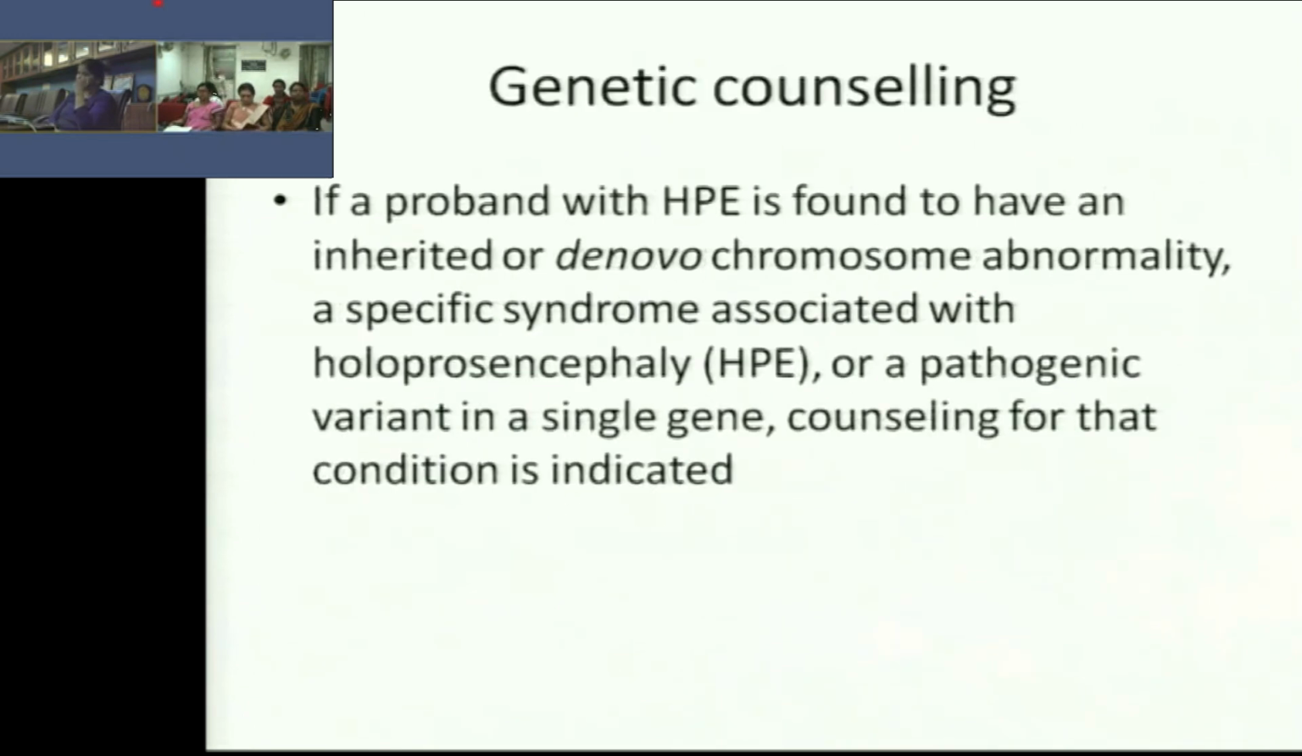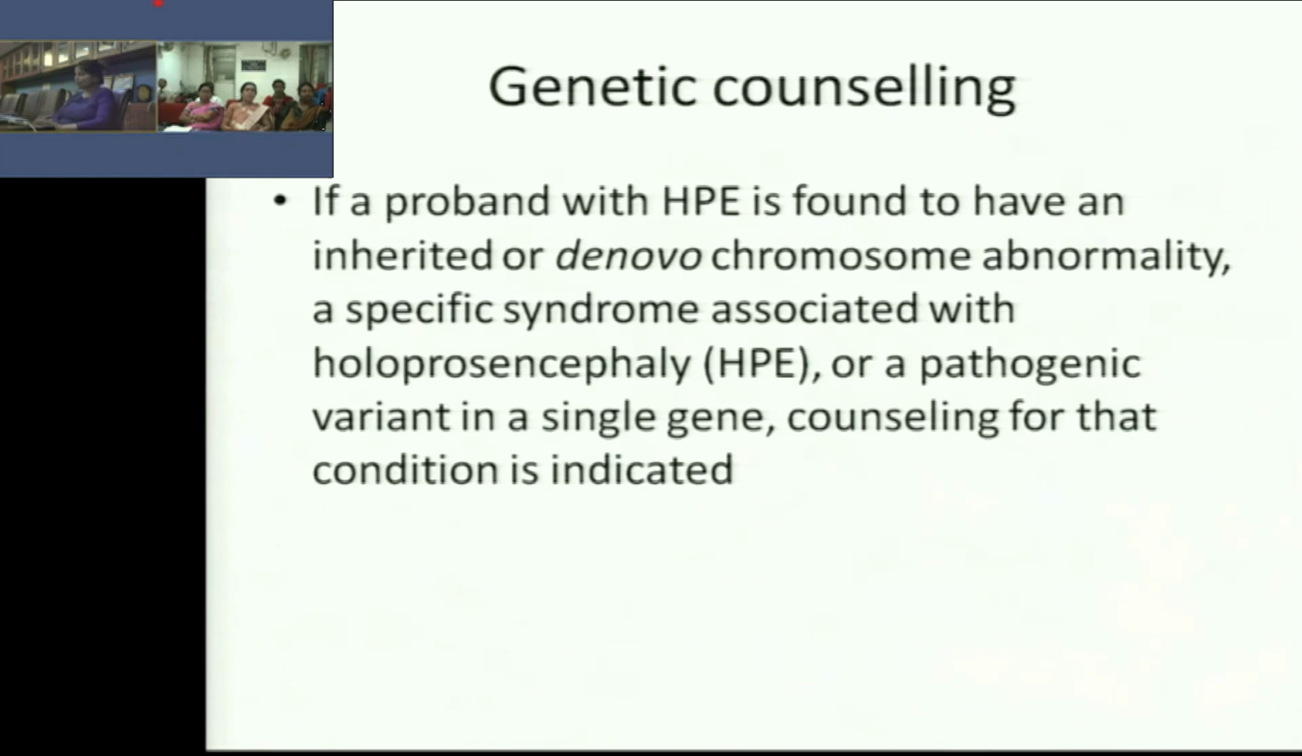So, coming to genetic counseling. It will be a little difficult because there are multiple factors involved. If a proband with HPE is found to have an inherited or de novo chromosomal abnormality, a specific syndrome associated with HPE, or a pathogenic variant in a single gene, counseling for that is indicated. Maybe we have a sporadic condition, or we have found an autosomal recessive condition, and accordingly we know the risk of recurrence would be 25% in a subsequent pregnancy. Autosomal dominant depends on